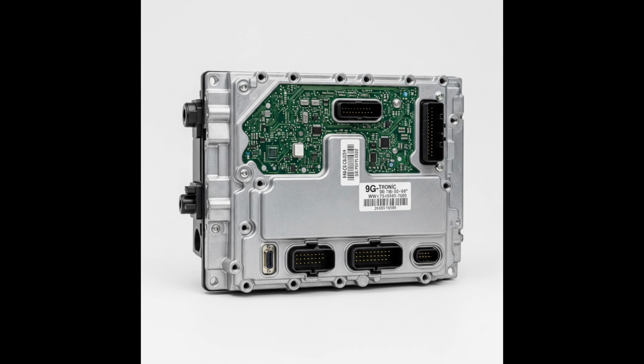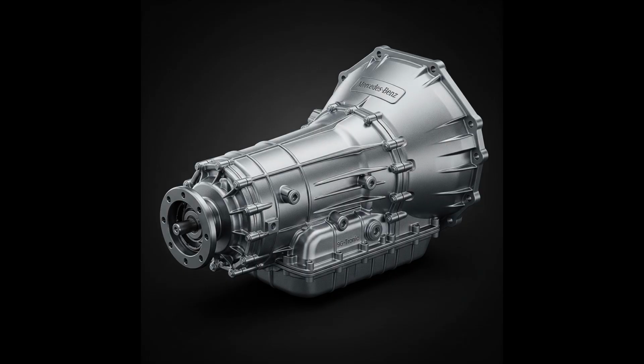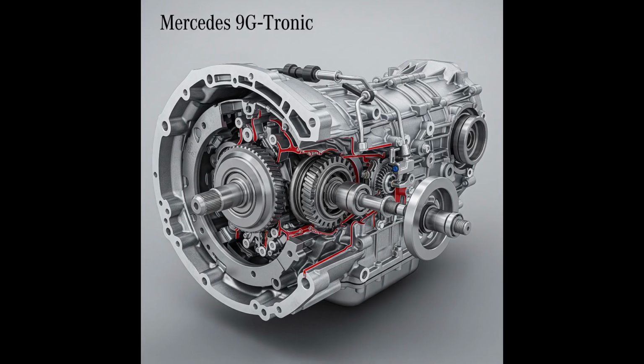Disadvantages and potential faults of the 9G-TRONIC gearbox. Despite its advanced design, the 9G-TRONIC gearbox, like any complex unit, is not free from problems. Here are the most frequently reported. Jerking during gear changes / when starting. Particularly noticeable between first and second gear, especially when cold or during dynamic acceleration. It can be caused by worn clutch plates, problems with hydraulic pressure, or gearbox controller faults,